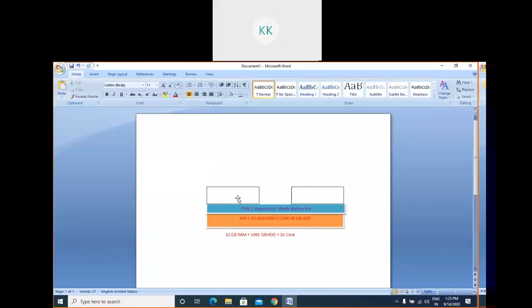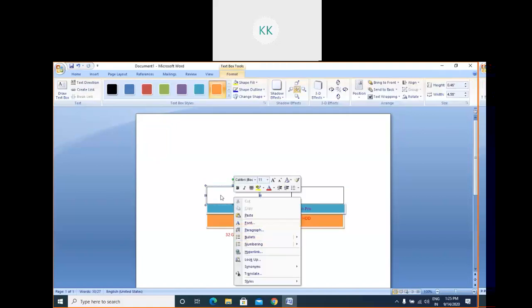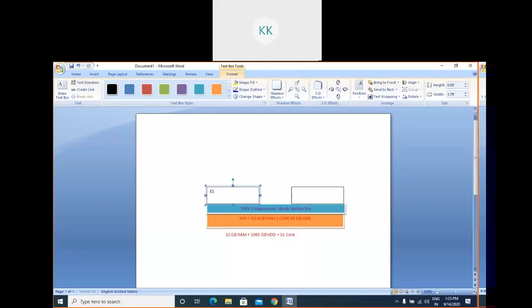This is ESXi host number 1, and in the same way this is ESXi host 2.